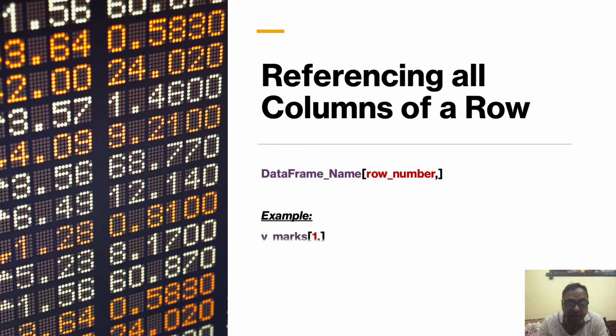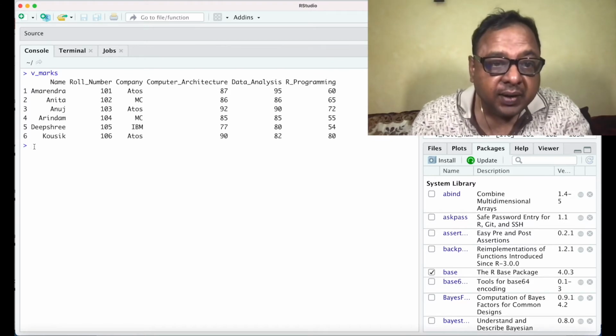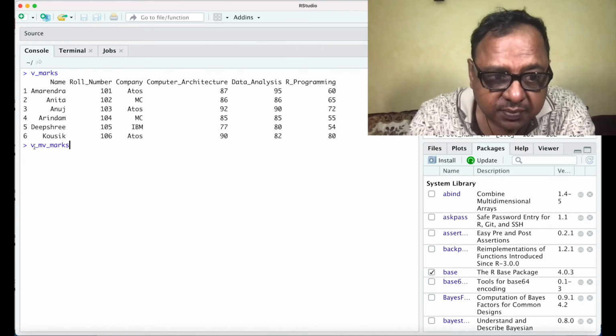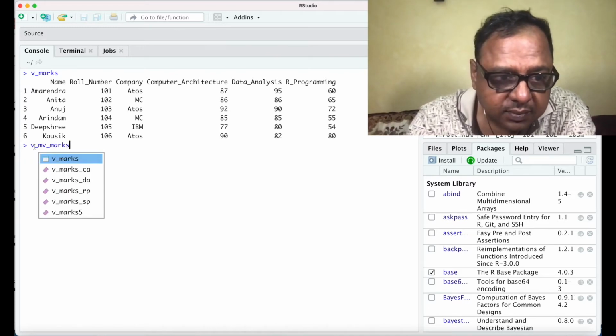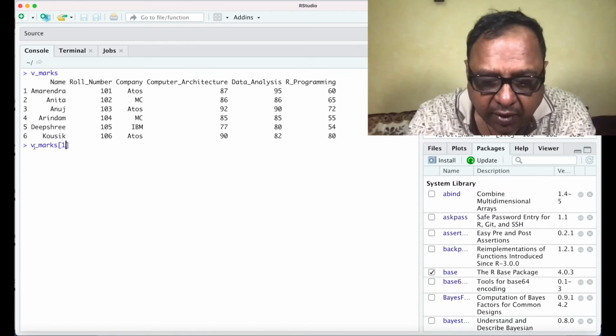So if I say v underscore marks within square brackets, if I give 1 comma, this means that I want to see the first record. So this will show me the first record. So here we have our data frame, and now I will say v underscore marks and I say 1 comma.